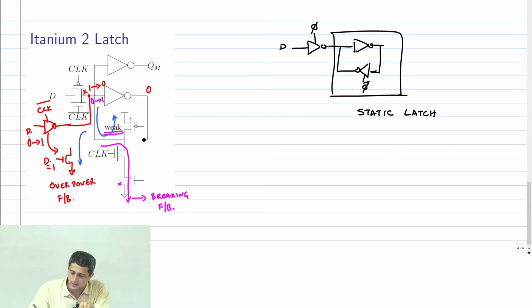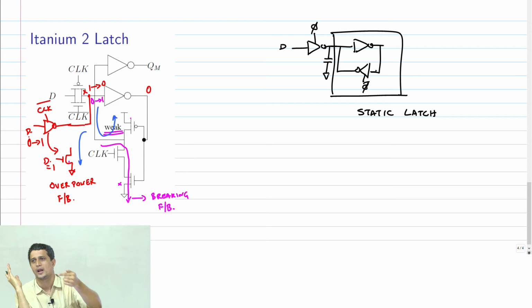Okay? It turns out that there is a capacitance here, and therefore technically that capacitance can store the value for a short period. Ultimately, each latch needs to hold the data for half a period. The other half, it's transparent. So at very high clock speeds of the order of gigahertz, the data has to be held only for 1 nanosecond.